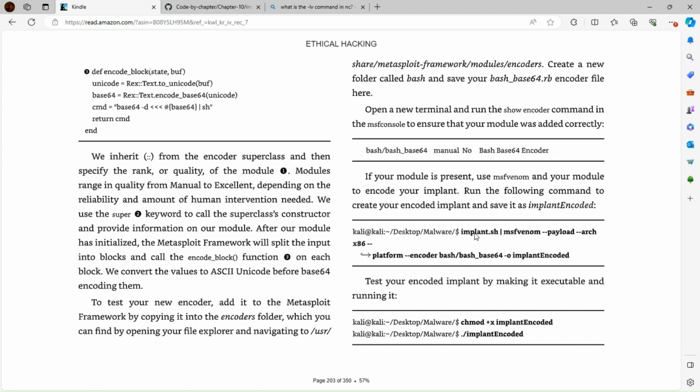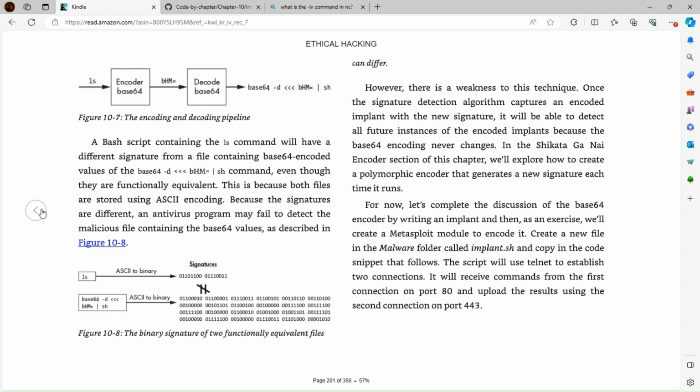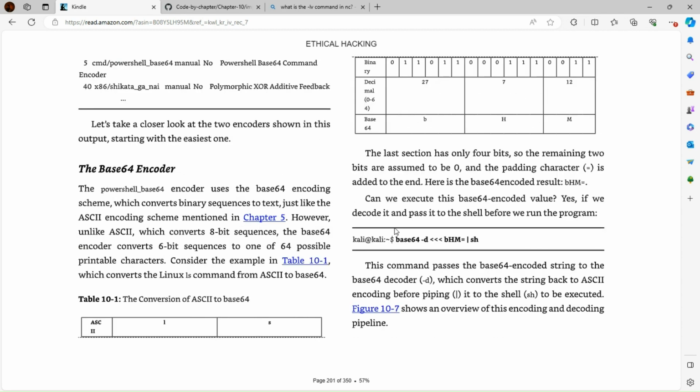This piping does not work the way this command says it does. Okay, this is not a proper command, or it won't pipe for some reason. I have no clue. So you might have to try to encode this with base64 a different way, not using MSFVenom. Or maybe going back and seeing using this command in your bash shell or something. I don't know, but